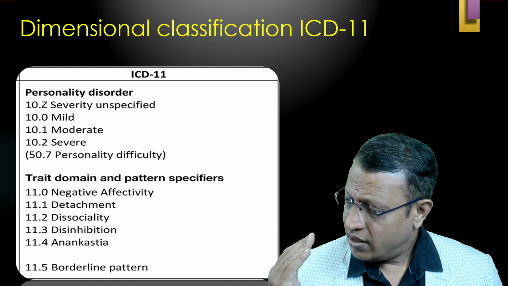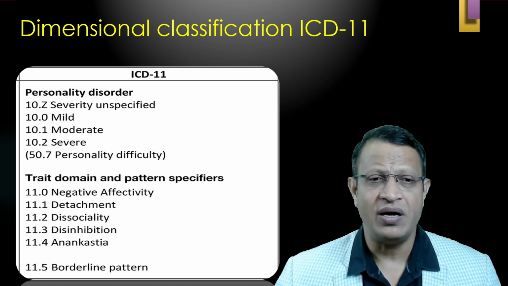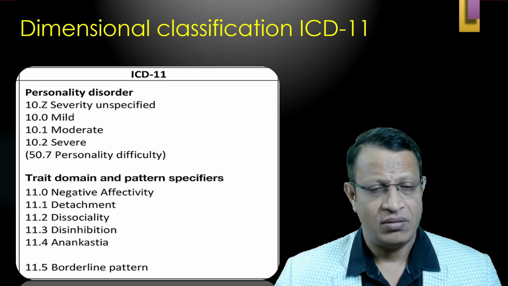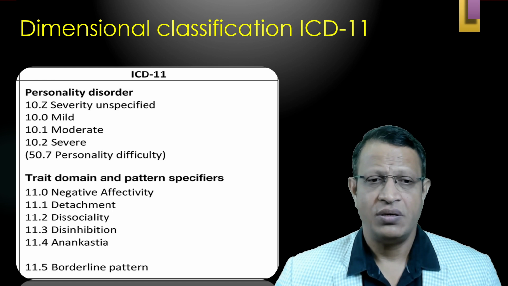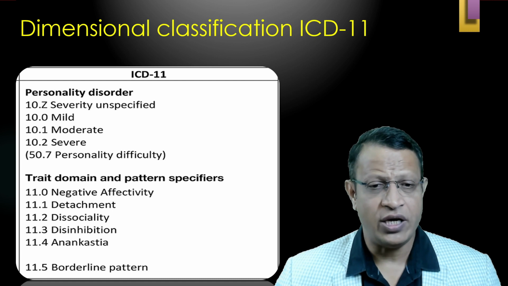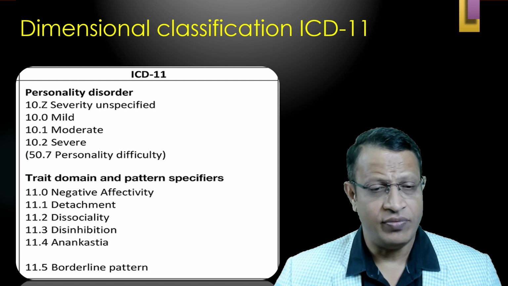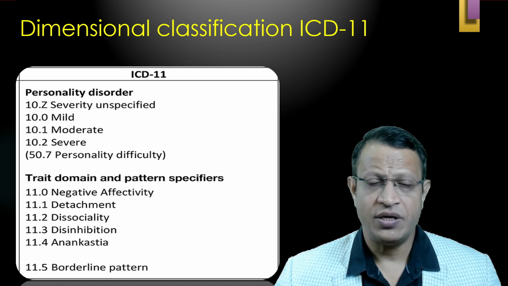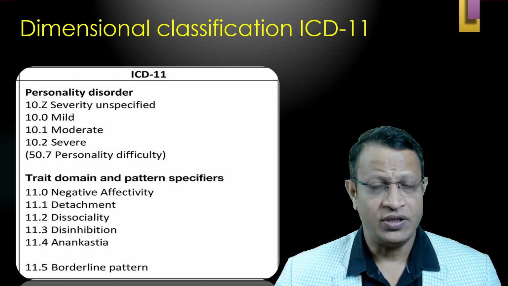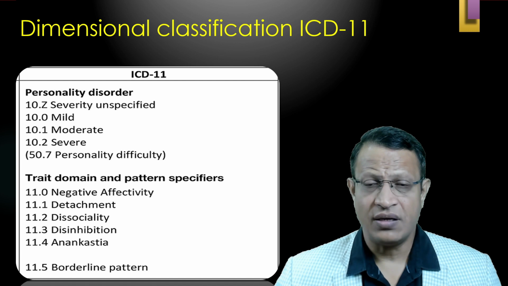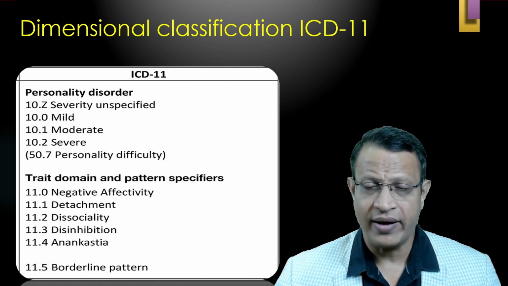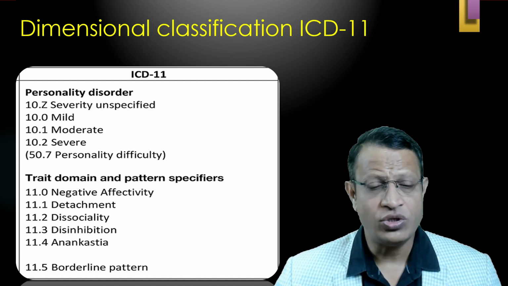If you look at the dimensional classification of ICD-11 personality disorders, it has been classified into personality disorder severe, moderate, mild, and unspecified. If you look at the trait domain and the pattern specifier, it has been divided into five: negative affectivity, detachment, dissociality, disinhibition, and anankastia. And further, because of the various clinicians' stress or pressure tactics, ICD-11 also kept the borderline